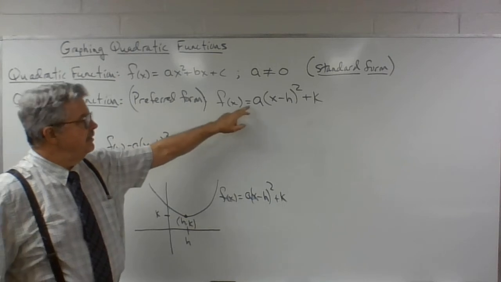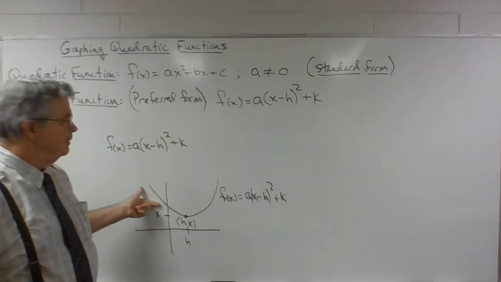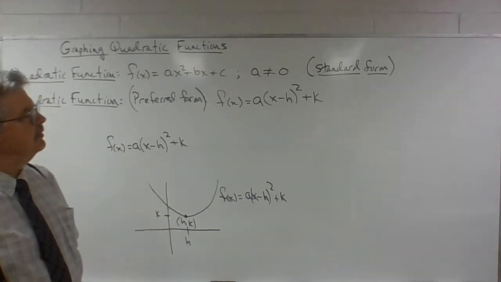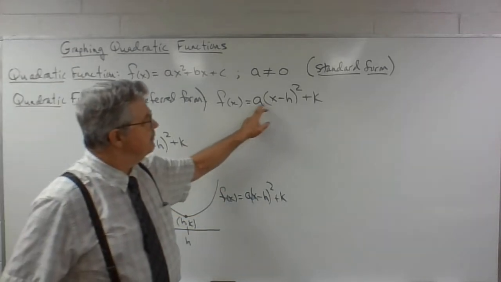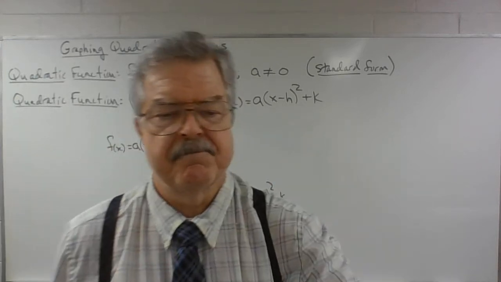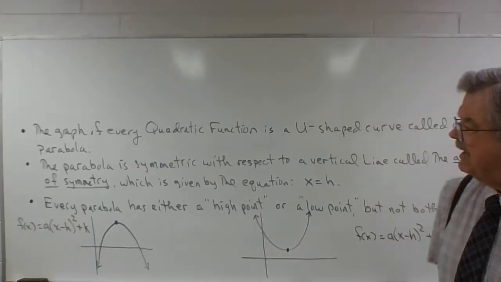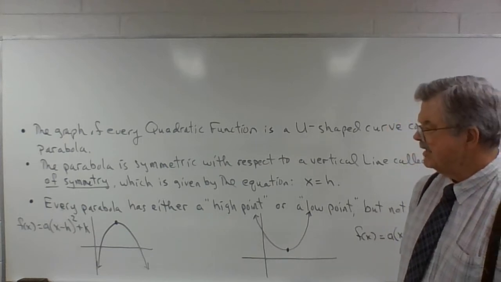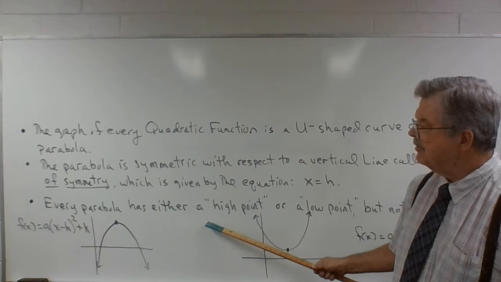f of x written in this form looks like this. And we're going to examine a little bit more closely what each of these three things tells us. Let's take what we've covered so far and just run with it. We have a few more things to say,